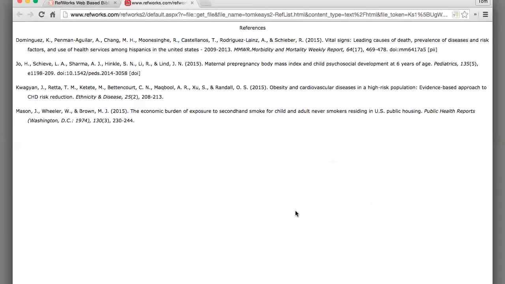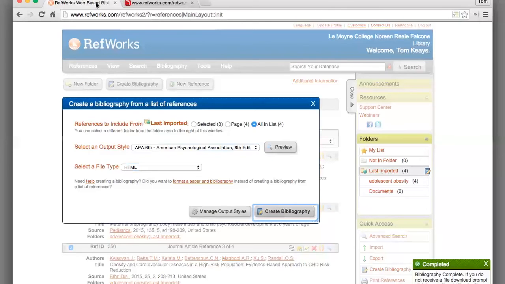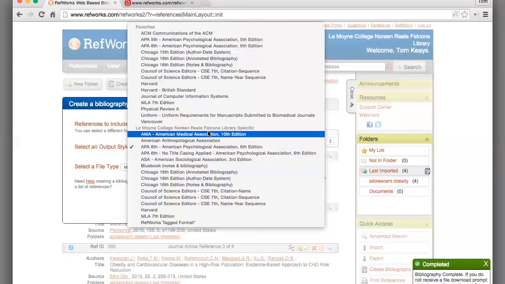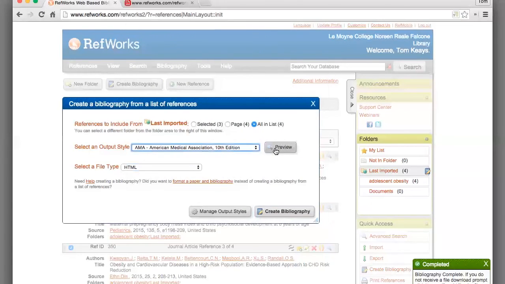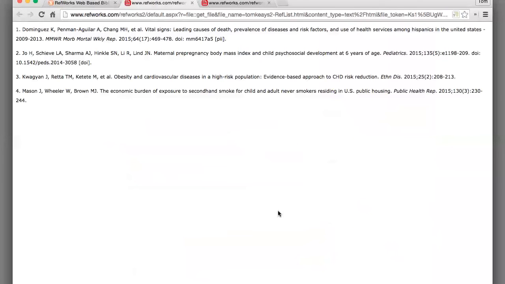Viewing it as HTML, here's what it looks like in APA 6th edition. And then again in AMA. In my AMA bibliography, I see immediately that the first record in the list has some sort of error in the DOI field. I should fix it if I can, or go back and delete that information from the record. If it appears in this quick bibliography, it will also appear when I cite it in my paper.